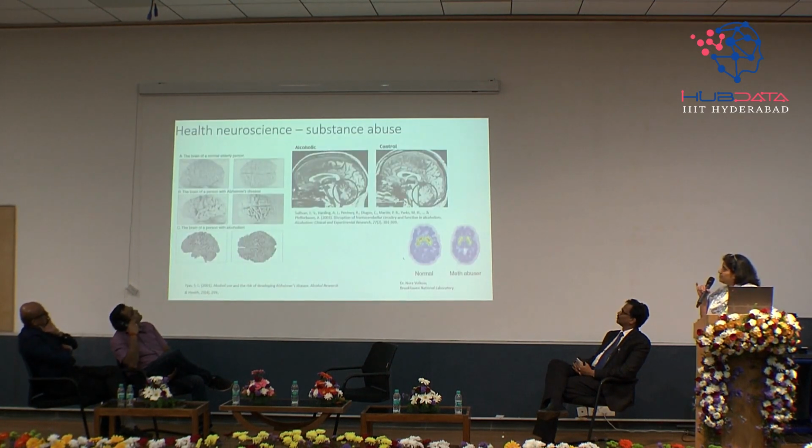And so I always like to show this. I'm not getting my cursor, but you can see the two on the right-hand side. You can see the area in the cerebellum in that scan, marked with the ring. You can see the difference between an alcoholic and a non-alcoholic control. And you can see the difference in Alzheimer's disease and the brain of a person with alcoholism. So alcohol and substance abuse do have a significant effect on your brain. There are a good number of studies out there that you should have a look at.